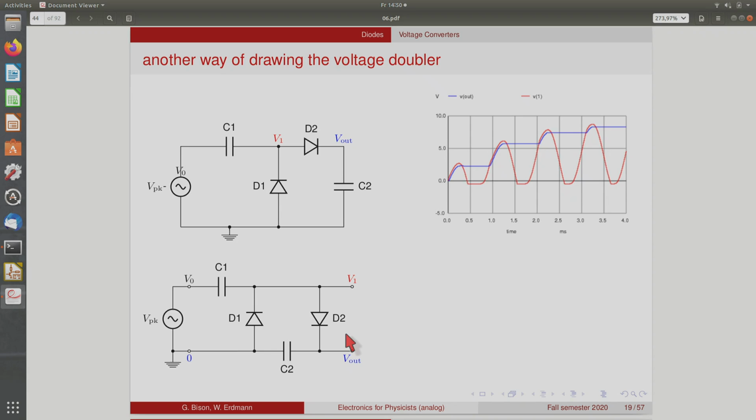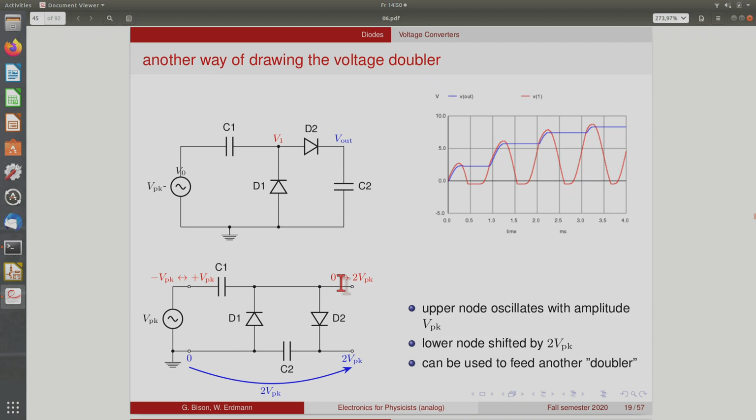The reason why I draw it in a different way is that I can now view this as a building block that takes a voltage oscillating from 0 to V0, and creates an output voltage and a second voltage on top of the output voltage that oscillates up and down, but shifted by the output voltage, okay? And this is now something that I can use to feed into another voltage doubler. Okay, so